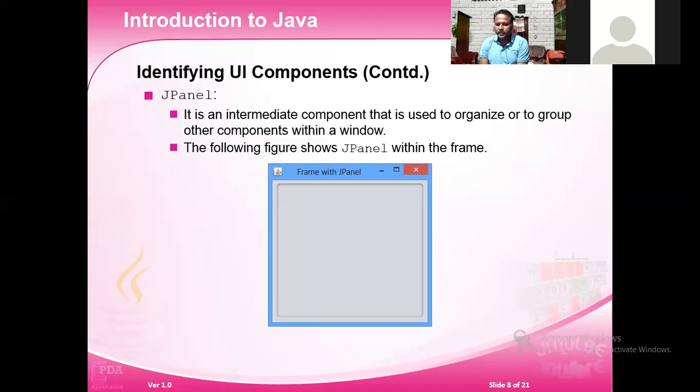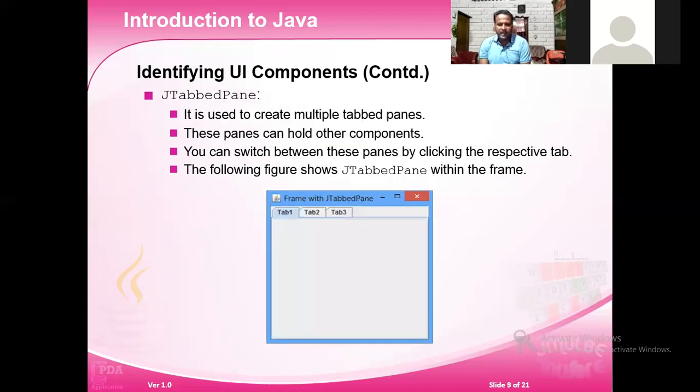In AWT, we normally use Panel, but here in the Swing component we're using JPanel. Tabbed pane is used to create multiple tabbed panes, meaning you move from one window to another window easily. You can switch between these panes by clicking the respective tab.